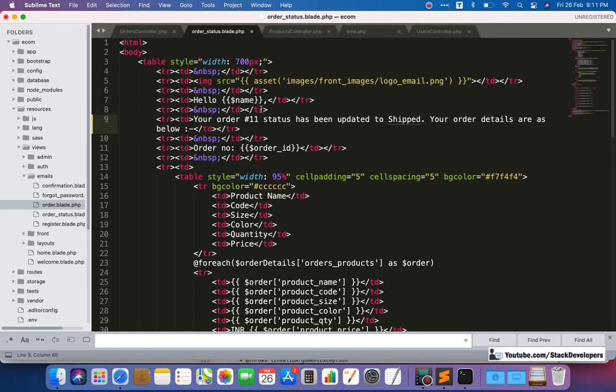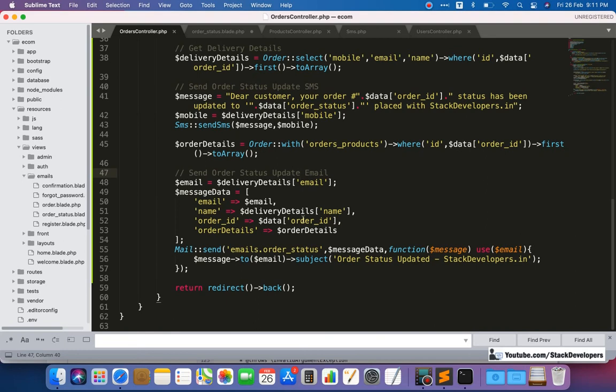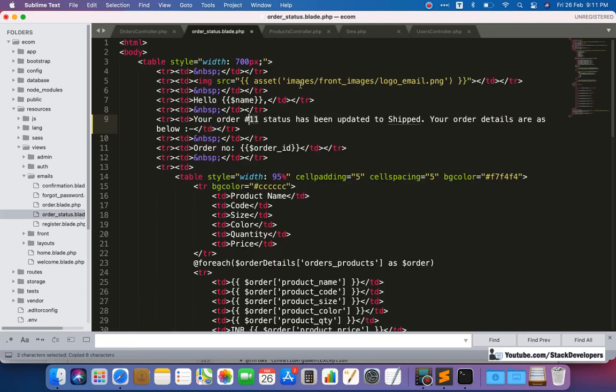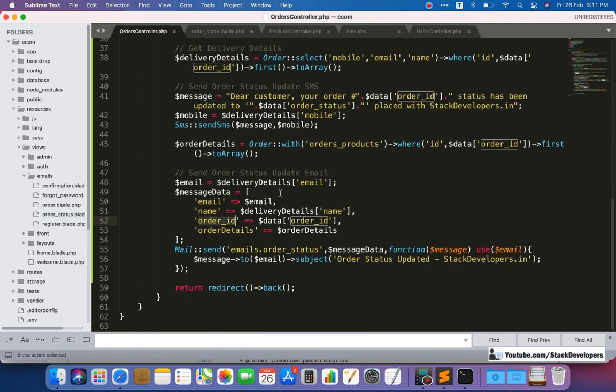Now I'm going to make it dynamic, and here the order id will come that we are passing. Here we are going to write order id, $order id, like this, and has been updated to. Then order status, or we can also pass the order status.